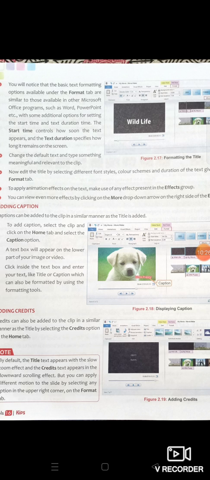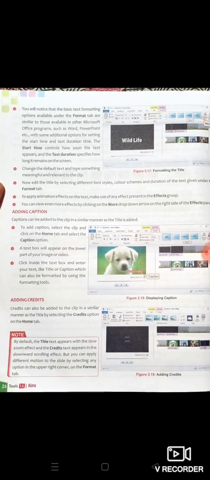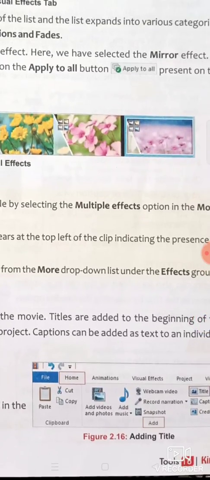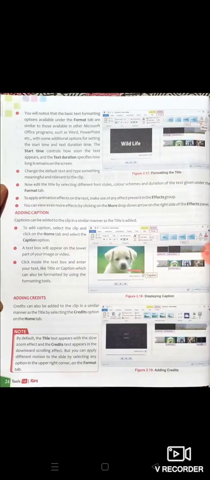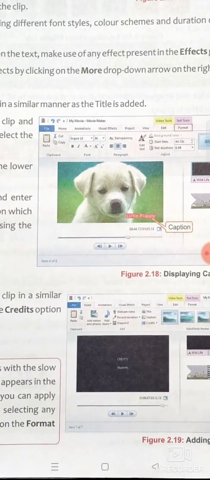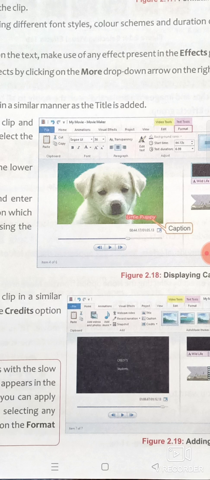For adding a caption also, click on the same home tab, and another option is caption here. You can add a caption by clicking on this option, and you can write the caption on the clip. The caption appears at the lower part of your image.